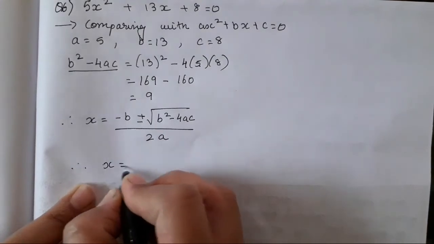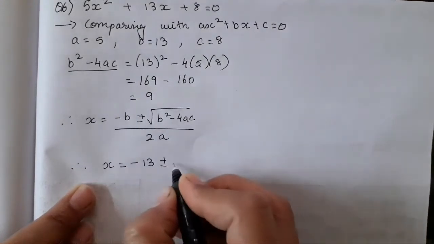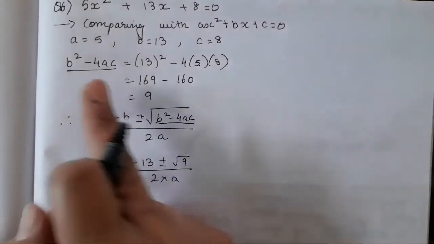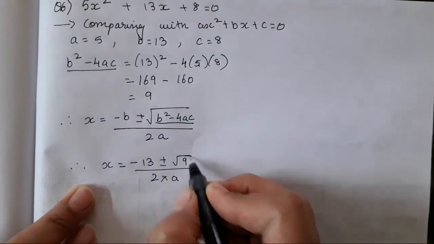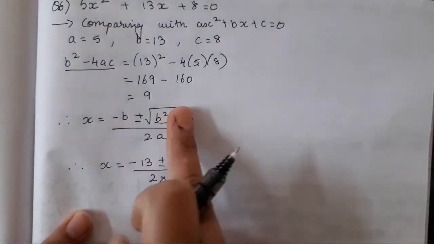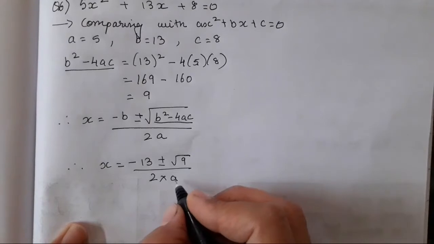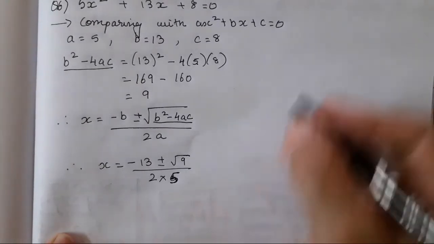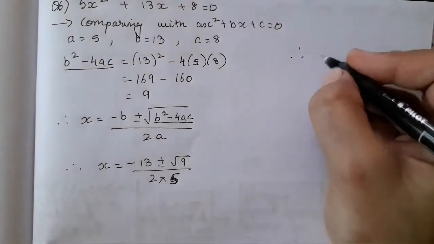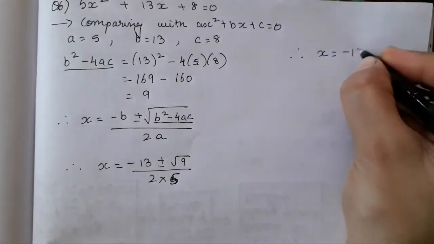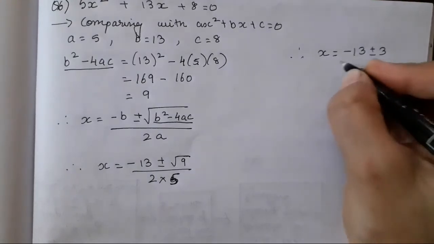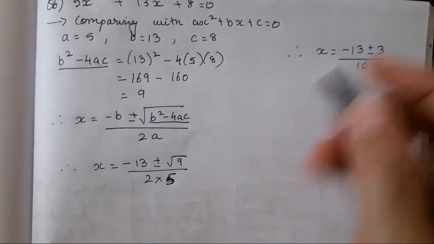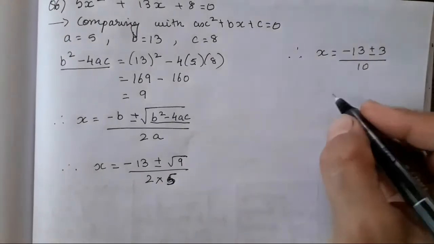Therefore, substitute its value, that is going to be minus 13 plus and minus root of 9, upon 2 into a. Okay, so this value we have already found, which is 9. You have to only place it in the square root as the formula has been shown. Okay, so not a, 2 into 5, you all have to write it over here. So therefore, x is supposed to be minus 13 plus and minus 3, because we will take the square root. So 5 2s are 10. Okay, so once you all have to take plus and once you all have to take minus.